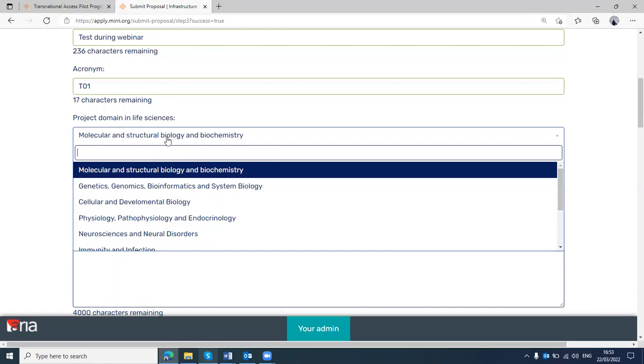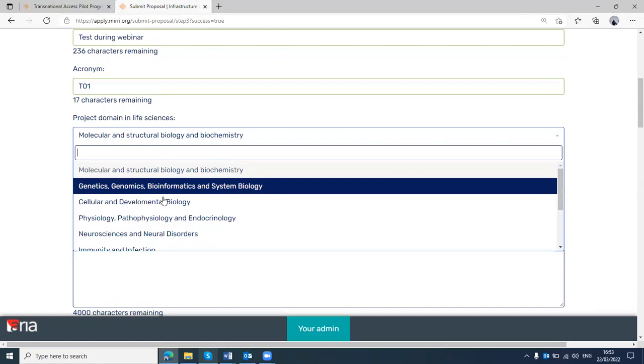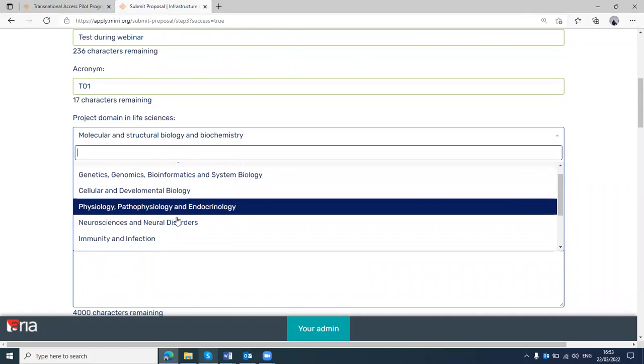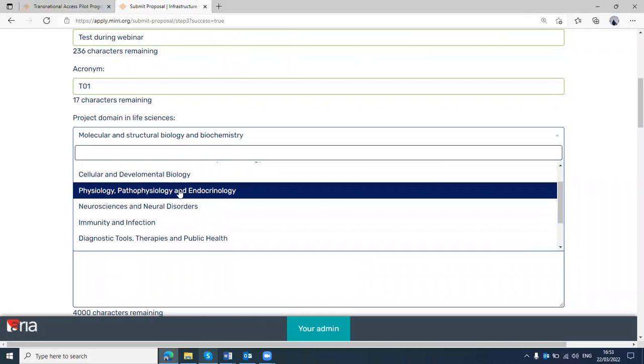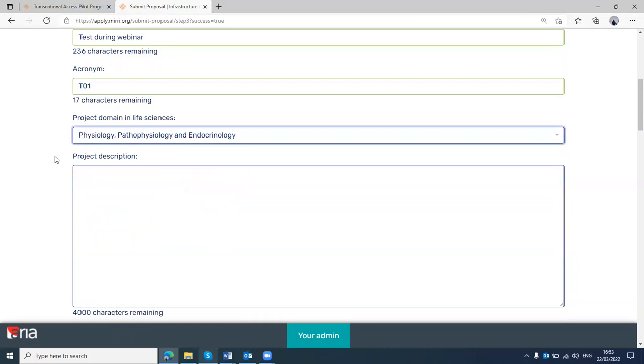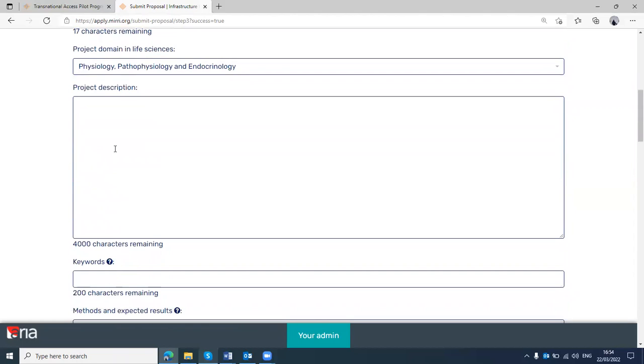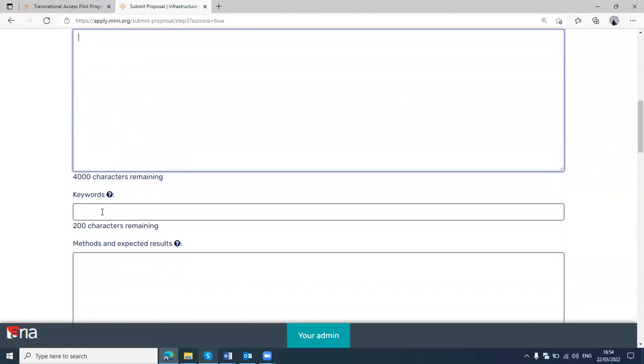This is a drop-down list, and you're requested to pick the option that better fits your project and where it is located within life sciences. Let's assume, for demo purposes, my test project is within physiology, pathophysiology, and endocrinology. In the next text box, I would be requested to fill in my project description, provide a set of keywords